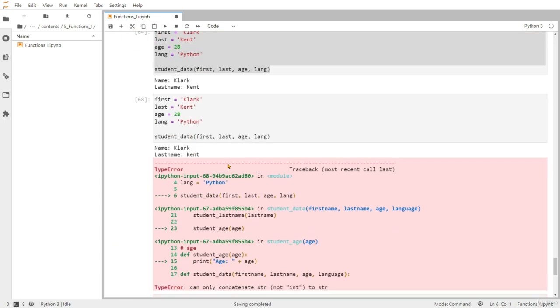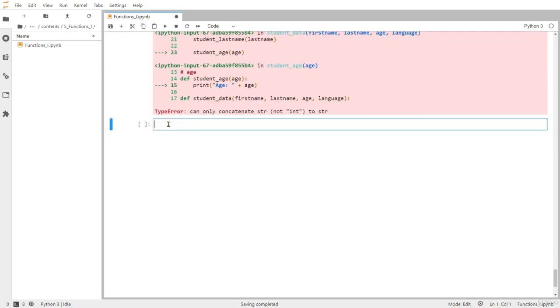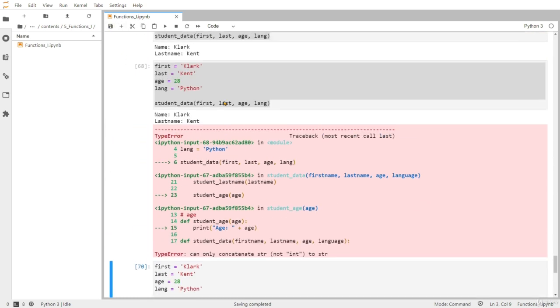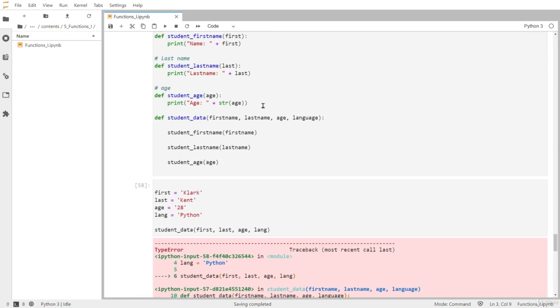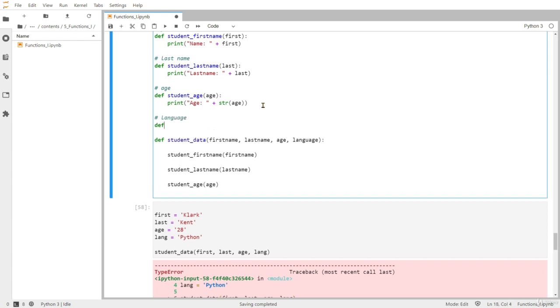You will see. Now I will call this again. I will copy this to a new cell, and now if I run this, it will print age 28. It's correct now. The last function is language, and I will redefine it. Student